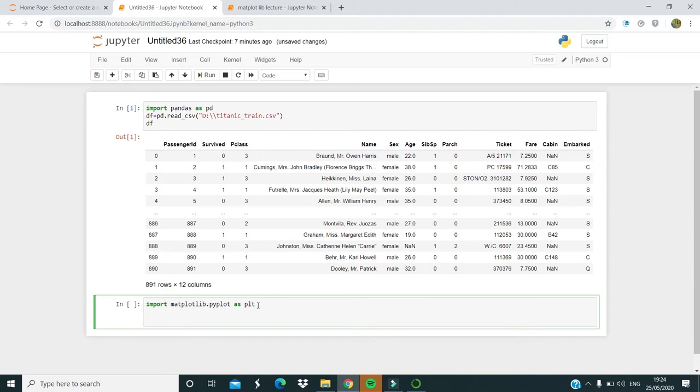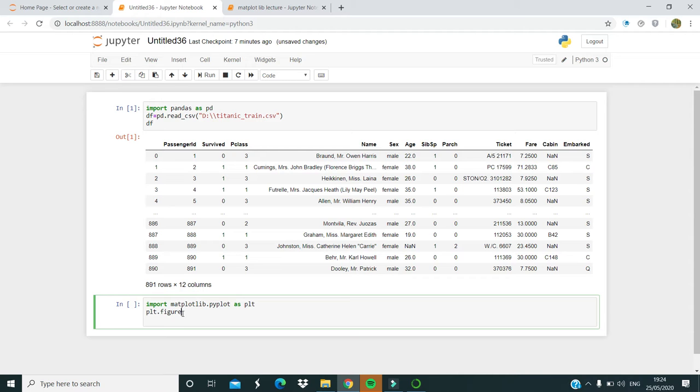So first of all we are setting up the plot figure. So plt.figure. Inside matplotlib we have a method called figure, which basically gives us the proper structure where the plotting will be done.